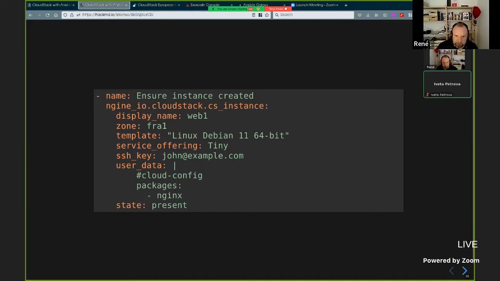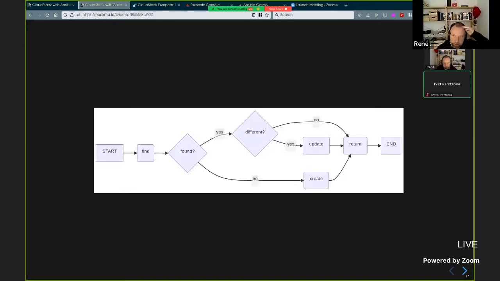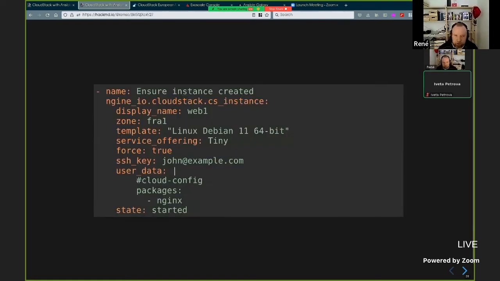So what we do, in basically every Ansible module, is to gather the state. So find the VM, have we found it? Yes or no? If no, of course we create it. And if we have found it, we have to compare whether it's different or not, and then update it or not. Sounds easy. It sounds easier than it is, because sometimes if you change